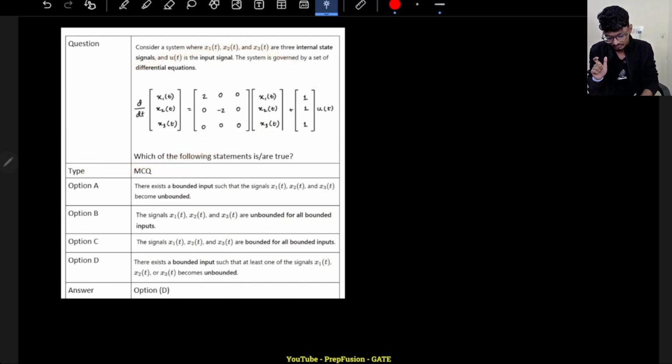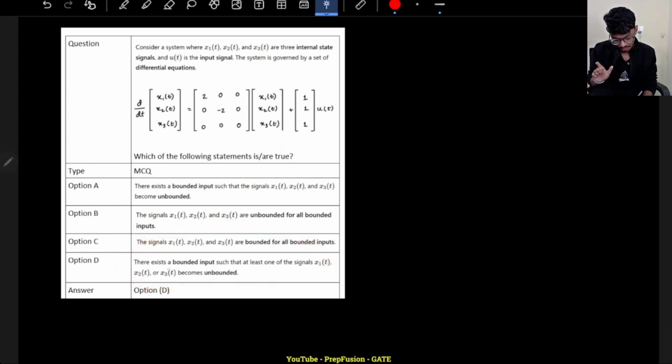So what they have given you is this state representation, and they have given that x1, x2, x3 are internal state signals and u of t is the input signal. Then they are asking which of the statements is/are correct. So it depends whether it is MSQ or MCQ. I don't know, but anyways, here only one option will be correct. So that one option is this one,